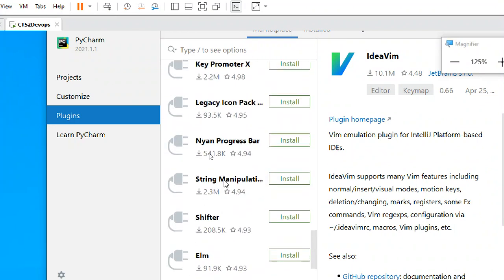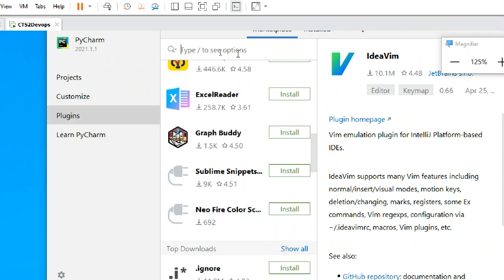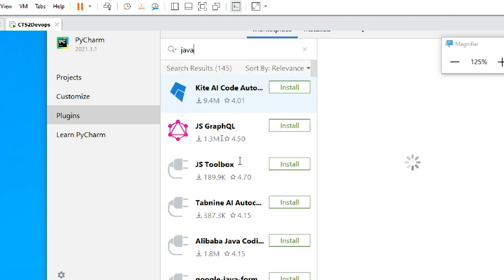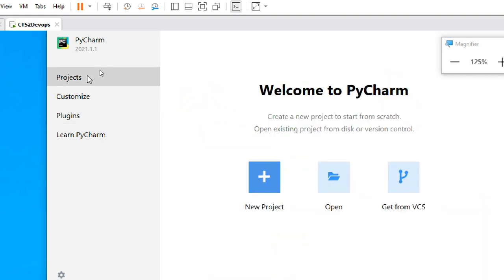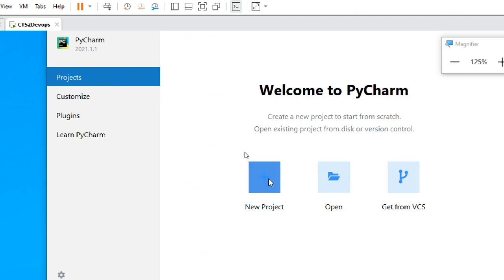If you want any plugins, you can install them as per your requirement. For example, I want to add Java-related things here, a Java IDE also, JavaScript like this. But currently I'm not doing anything, I just customized it to the white color instead of black.